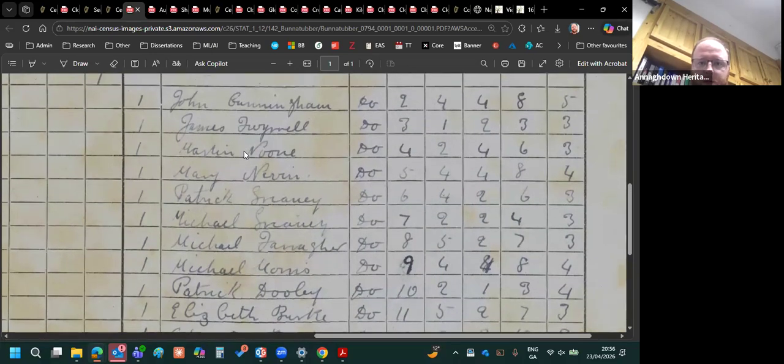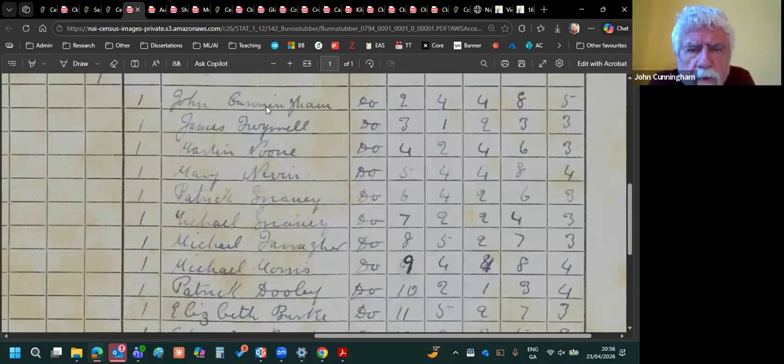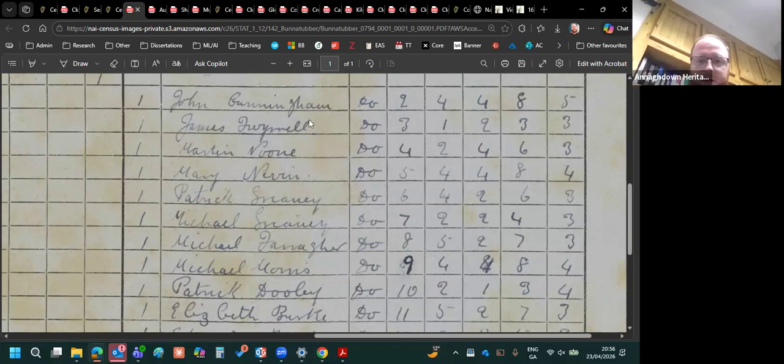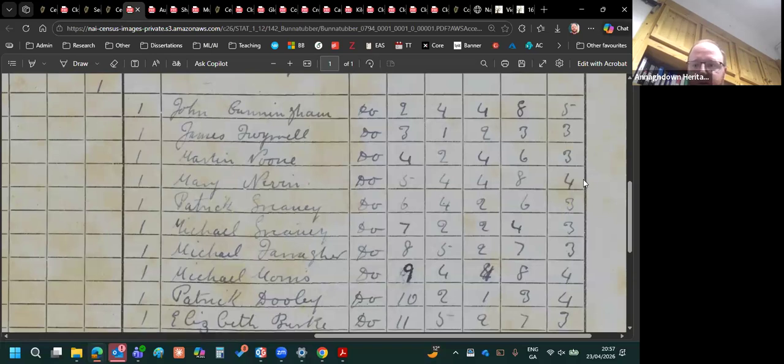Although Cunningham should be beside that then, shouldn't it? So Cunningham's at the very bottom, isn't it? Yeah. But Tyrrell's and Noon's are in between them, so I don't know. Maybe I'm wrong about the order. News were up on the window. Yeah. Windows isn't meant to have 4 windows.